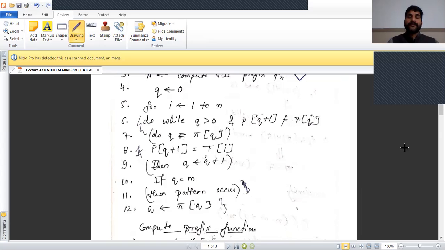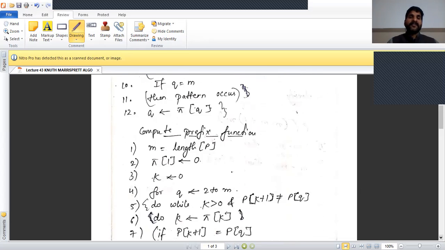The algorithm to compute the prefix function is described this way. m equals the length of the pattern. First we initialize the prefix function pi[1] equal to 0, and choose a variable k and initialize it to 0. Now start a for loop q equal to 2 to m.